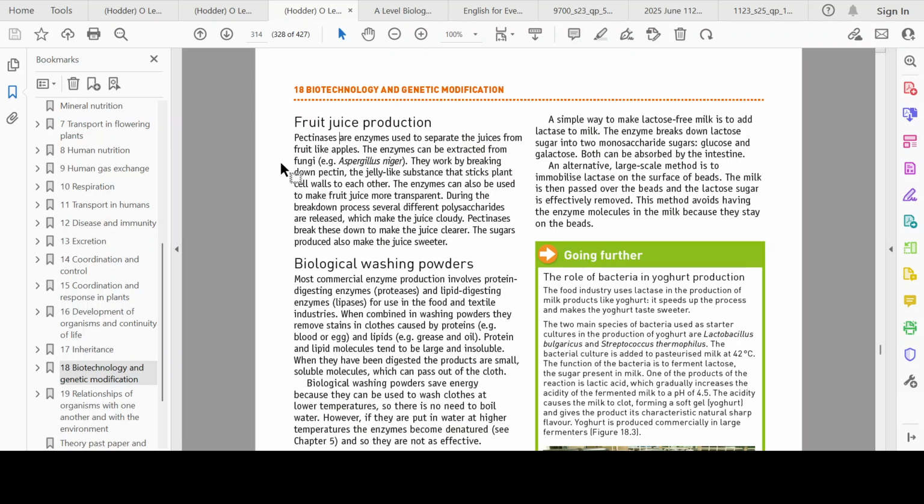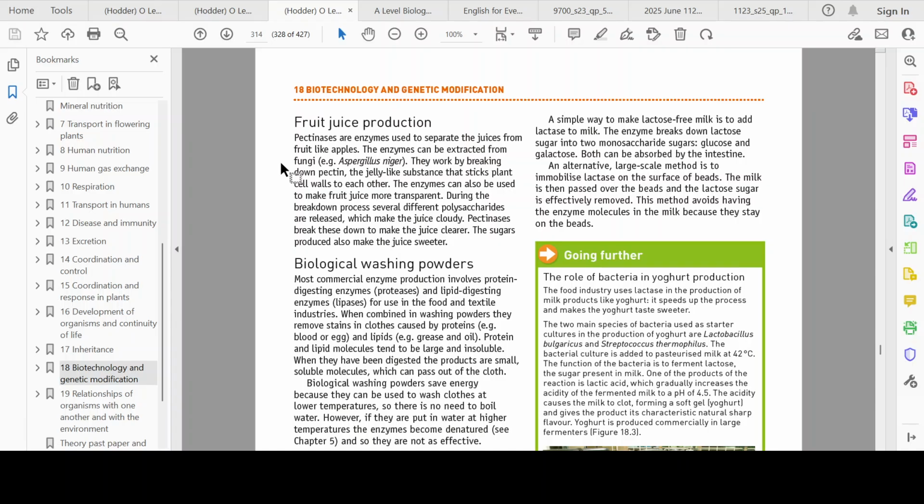Pectin is a substance that's present between the cell walls of different cells to stick them together, right? So pectinase digests pectin, and so that polysaccharide is broken down into, right, smaller